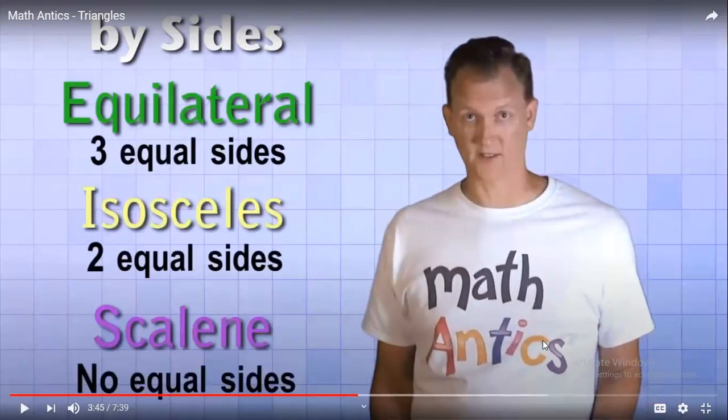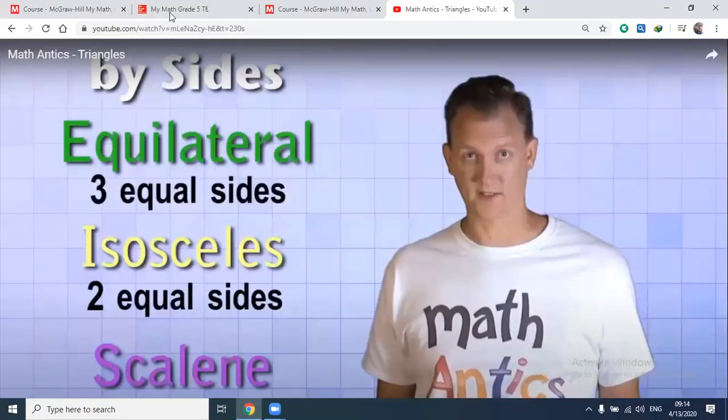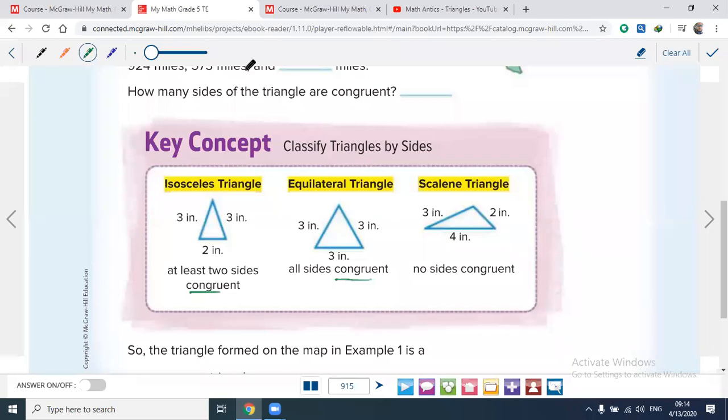Okay, as you see here, the equilateral, isosceles, and scalene triangles by sides. Equilateral, all sides are equal. Isosceles, two equal sides, and scalene, no equal sides. Okay, now I have all the information about classifying triangles by sides and by angles. By sides, as you see, isosceles, equilateral, and scalene. Okay, and by angles,